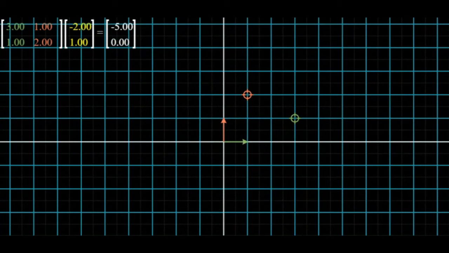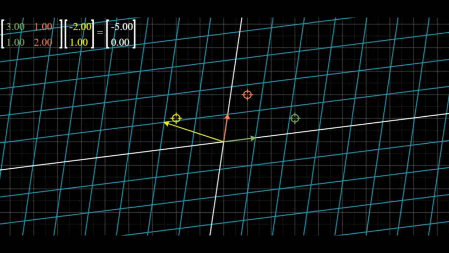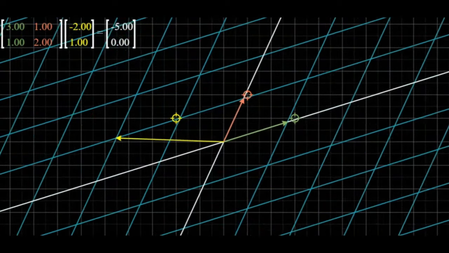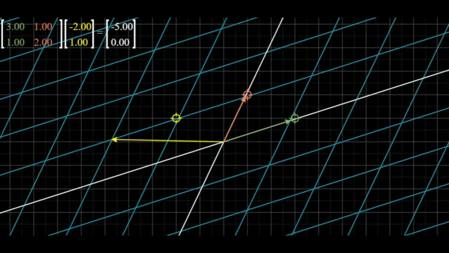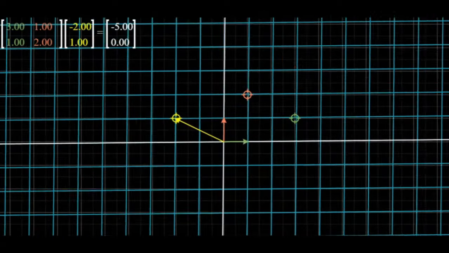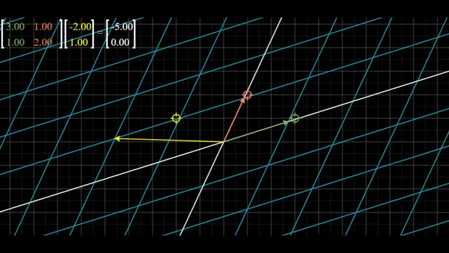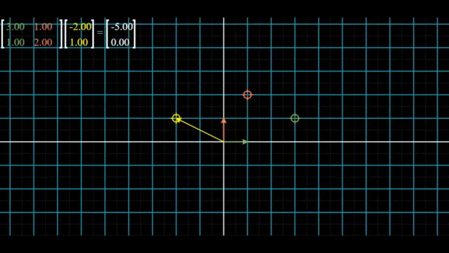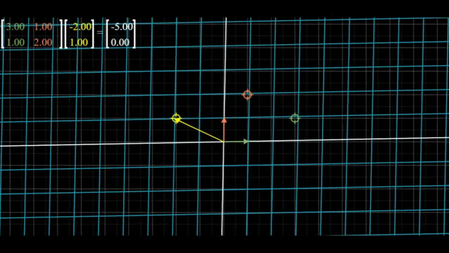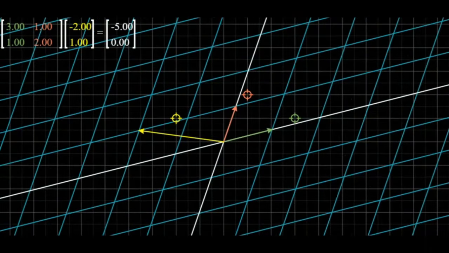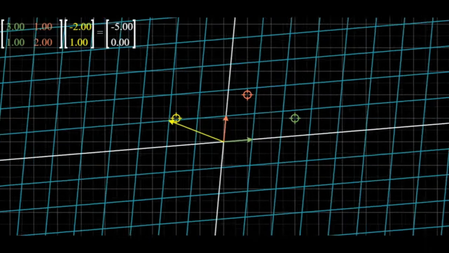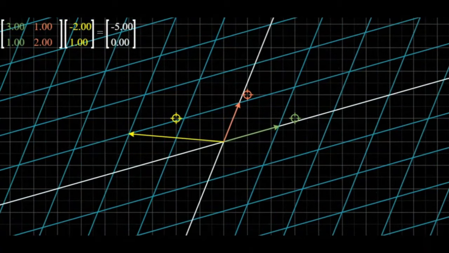Okay, now for that little yellow column vector, that just gives me a way to get a better feel for what's going on in the map by looking at some other vector in the plane, and then we can watch what the transformation does to it in particular. And for our purposes, notice that the yellow vector gets dragged off of the line through the origin on which it originally lay. It gets pulled off of its span, so to speak, which means that that yellow vector clearly is not an eigenvector. It is not being scaled by this map. Something else is happening to it. And it's not obvious looking at the map if there are any eigenvectors.